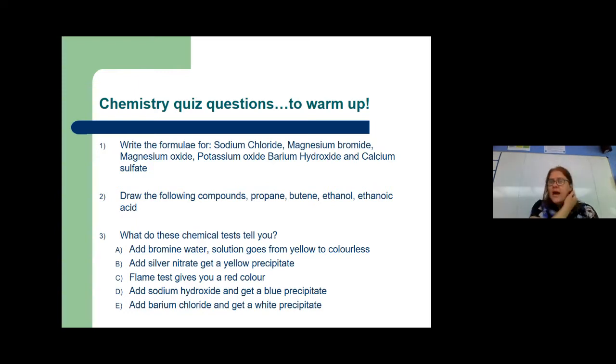Okay, so I wonder how you got on with these quiz questions. Don't worry, of course, if you don't get the answers right. The first part of our course is all about getting you transitioned from GCSE to A-level, and we go over those little bits that you didn't quite understand at GCSE. The transition work is also aimed to help you with that process.